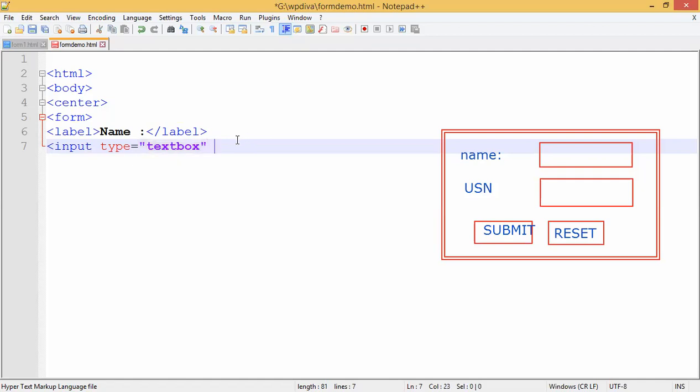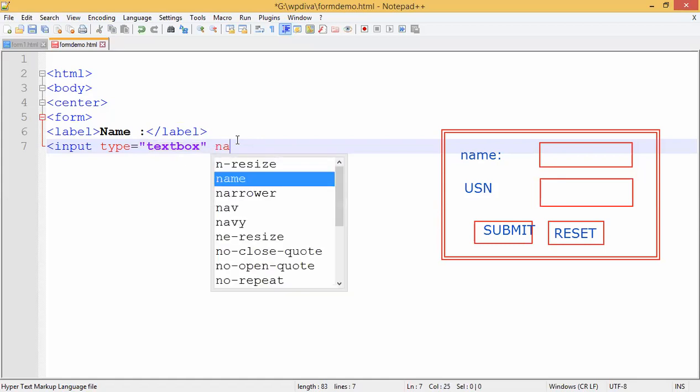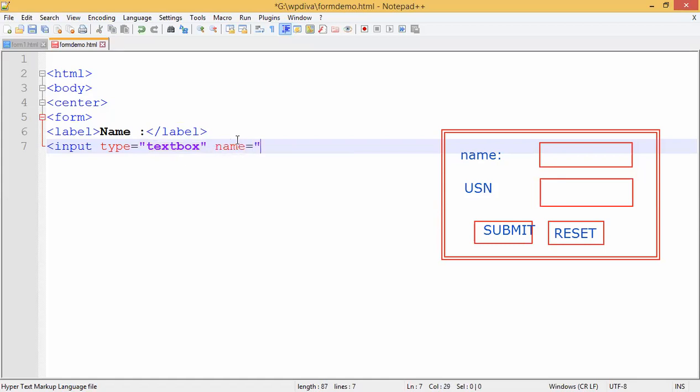So do not take any value into the text box, it will become the default value. So only take input type is equal to text box, and you can take name. Okay, name is equal to, for example, you can take any name, txt1. Name is a variable here, a user variable. So what value you pass to name is a user value, whereas what value you pass to type is a keyword, right? So type can be a text box, it can be radio button, checkbox, list box, or button. So type will have different types of parameters.